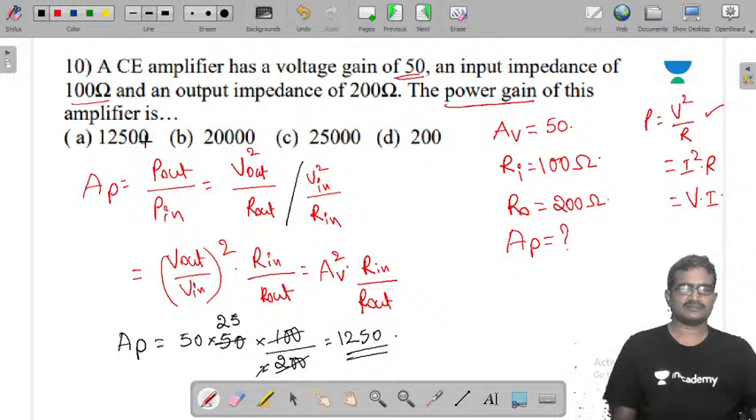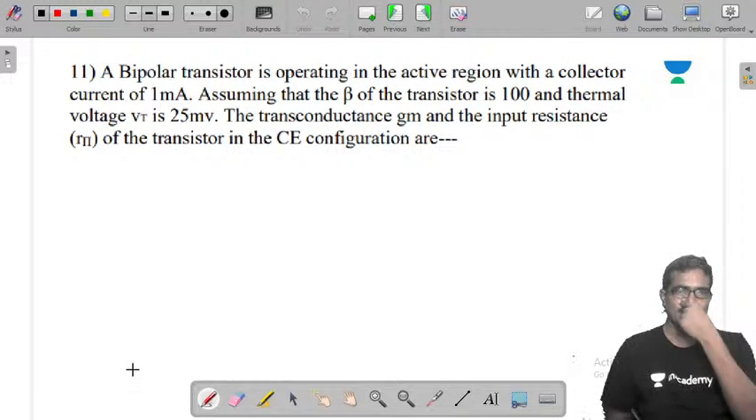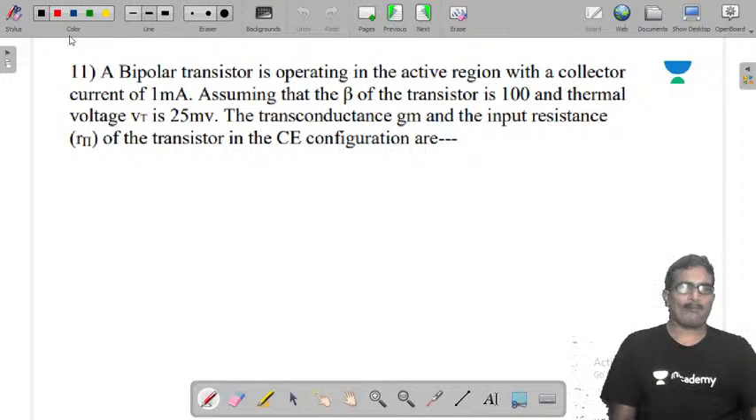So there is no 0 here, only 1 0. Okay, so that is the answer. Next,